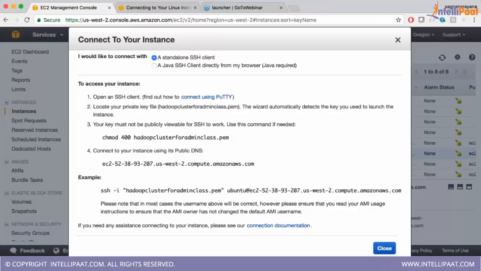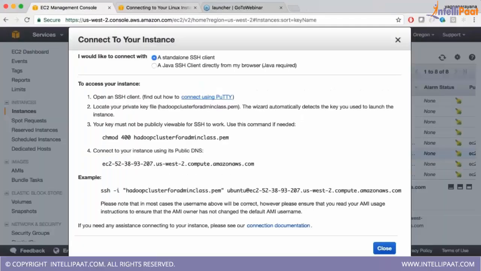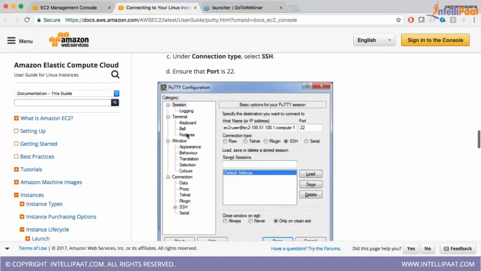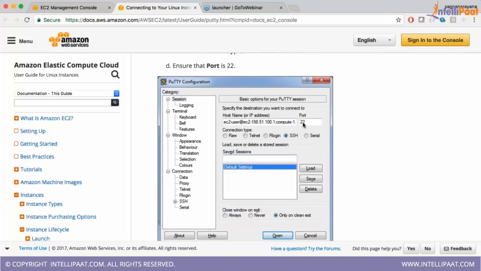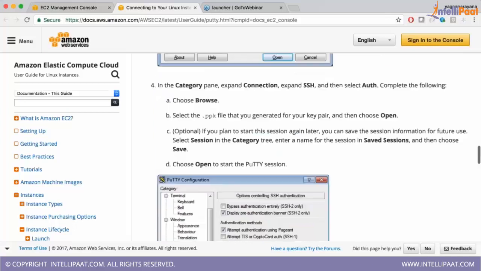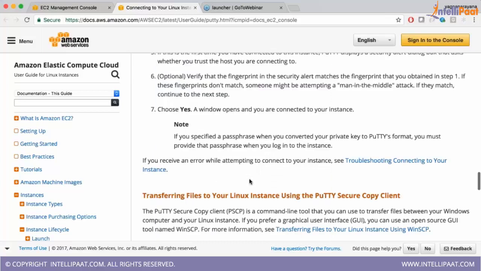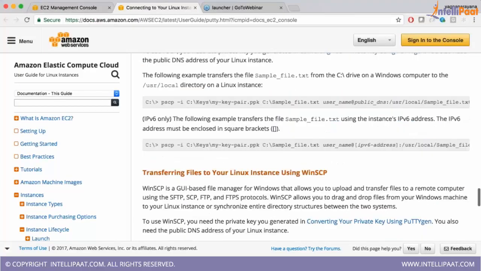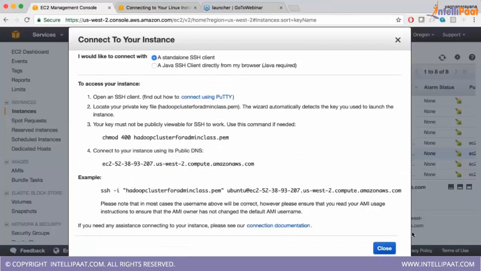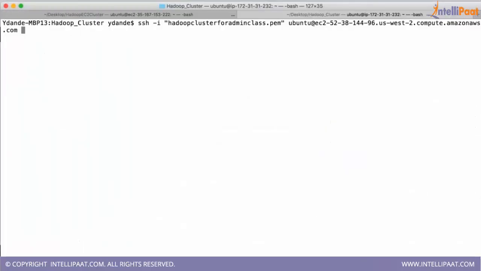It says open SSH client, and at the same time it says find out how to connect with PuTTY. This also shows the same information. So here you give the host name and the port, and here you give the key pair, and it will be able to connect to the machine. Okay, fine. Good. Thank you. No problem.